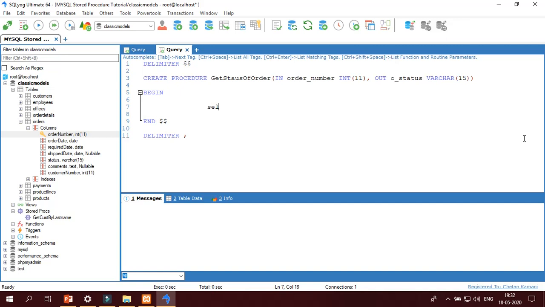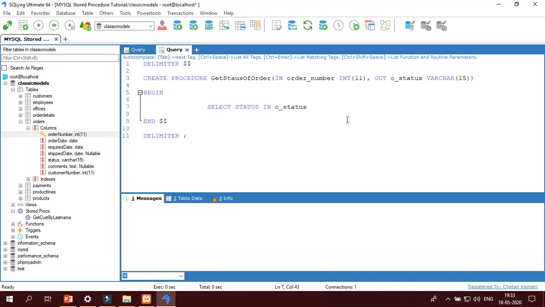Now we have to write the query. Select, what should I select? Select status, and I have to store the status in what? In the order_status variable, because that is our output parameter. Be careful while you write: the name of this parameter must be the same as this. If you forget to specify one character, then you will get an error, if it does not match.